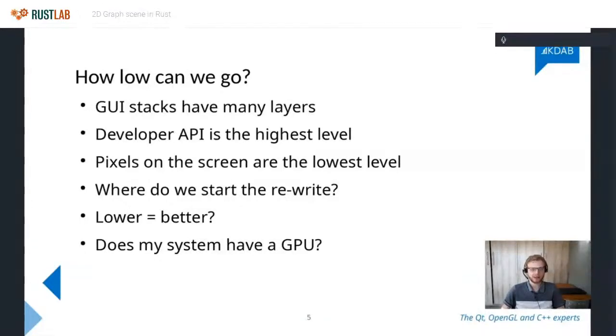But the question here is where do we start rewriting? Is lower necessarily better? Do we actually want to write everything from pixels to API purely in Rust? And I think the obvious answer sounds like yes, but unfortunately it's not quite as simple as that the moment you introduce a GPU into the system.